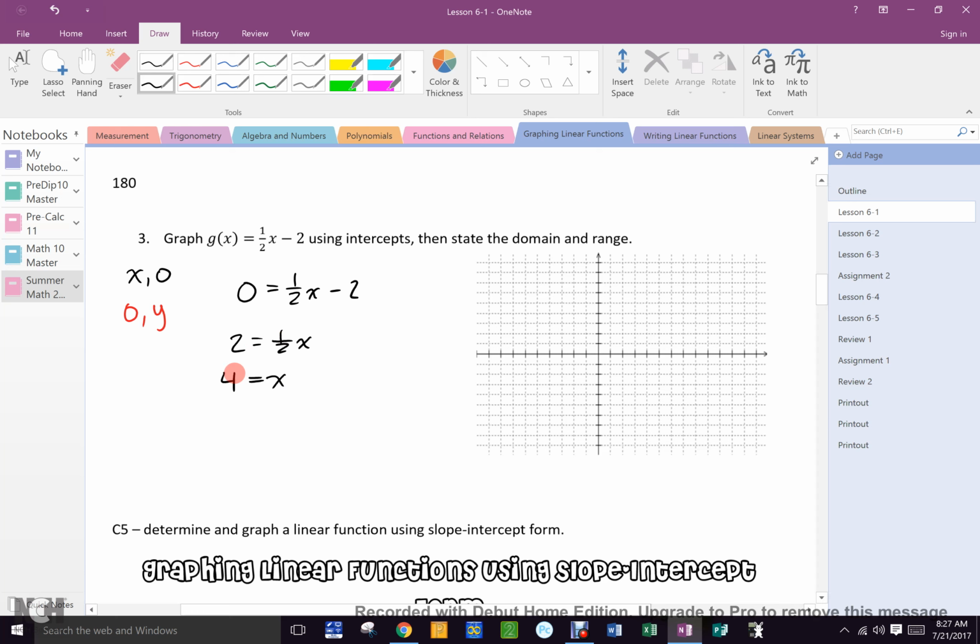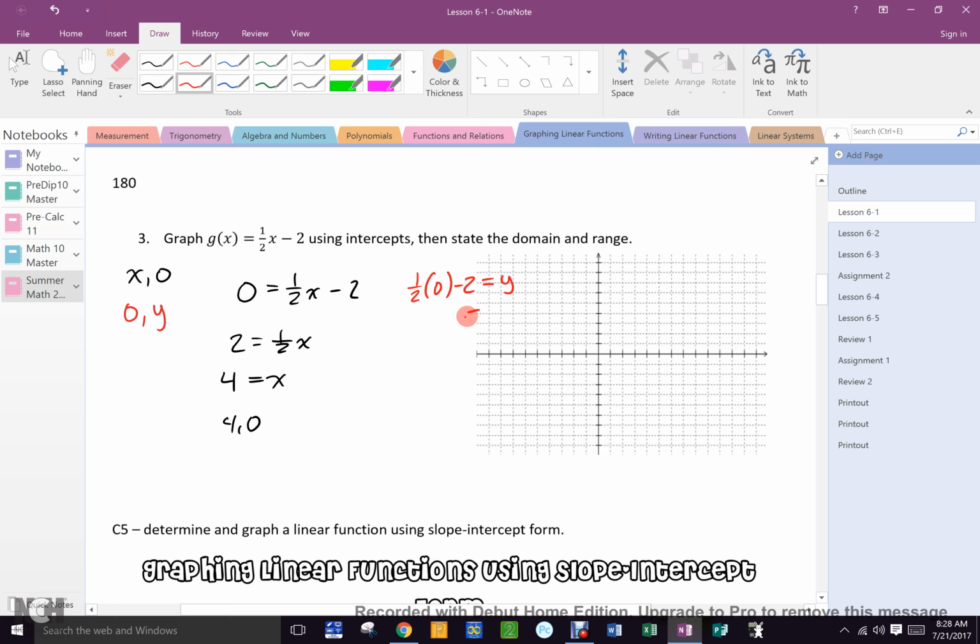And while we wait for the computer to catch up, I now will ask you this. Should I put that point 4, 0 on the graph yet? Why not? I might have a fraction, right? So I might have to change the scale. So I'm not going to put that on there yet. You with me? Okay. The y one is, I know x this time, so it's 1/2 0 minus 2 equals